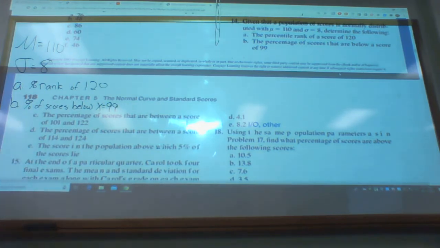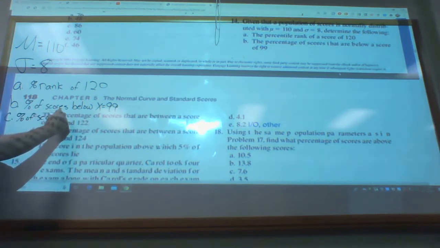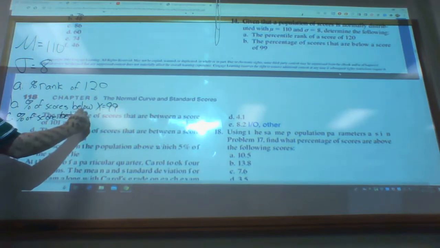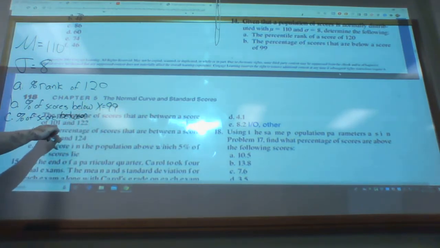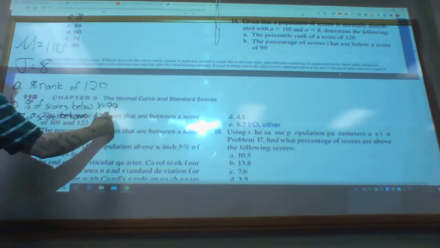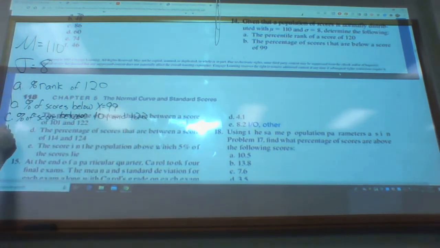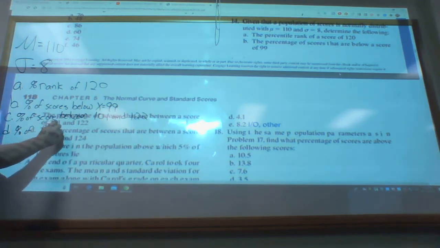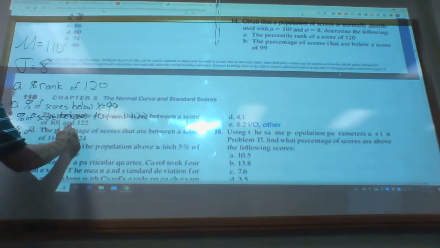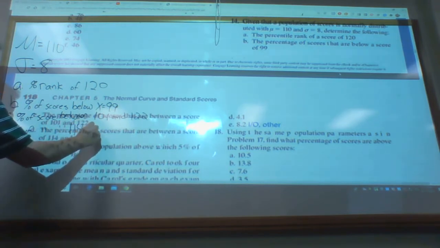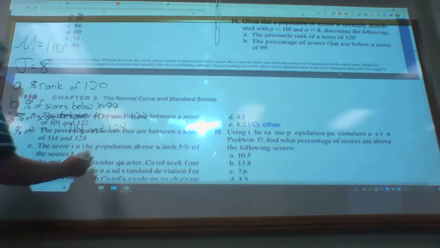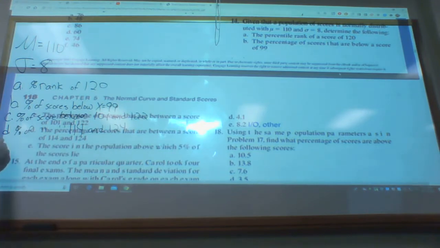Part C says, percent of scores between 101 and 122. D, percent of scores between 114 and 124. And the last one,